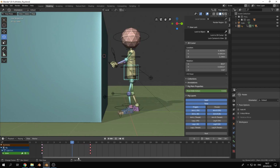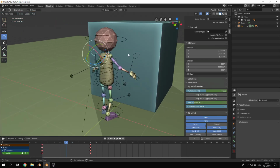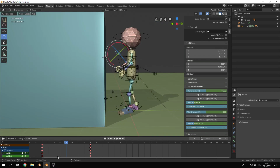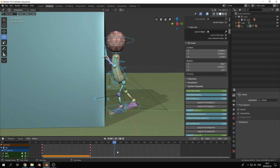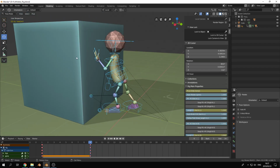The reason why that's still tweening or splining in between is because my IK controls weren't visible when I set everything onto constant. So if I select those, or everything now, go back to here, select all the keys, press T, say constant, and then that shouldn't happen anymore. So go back. And then from there, once it's on there, we want to constrain it to the box